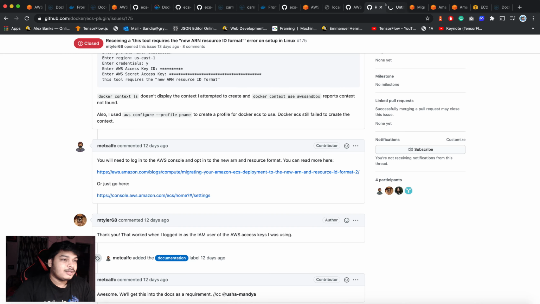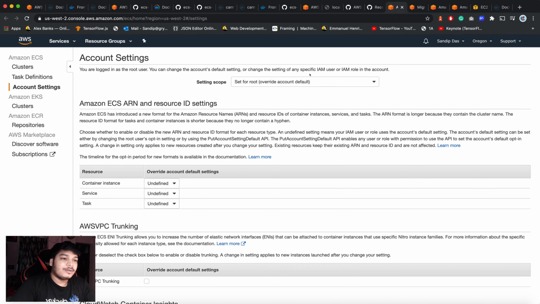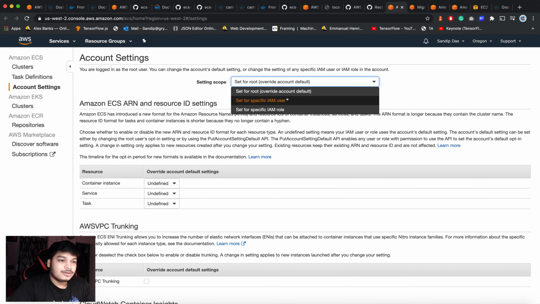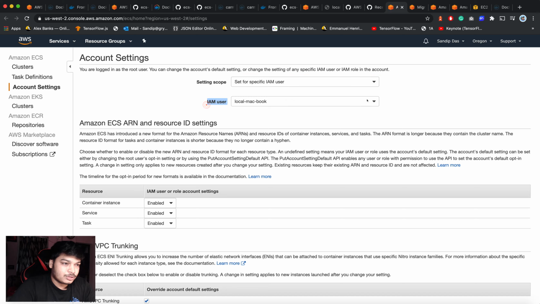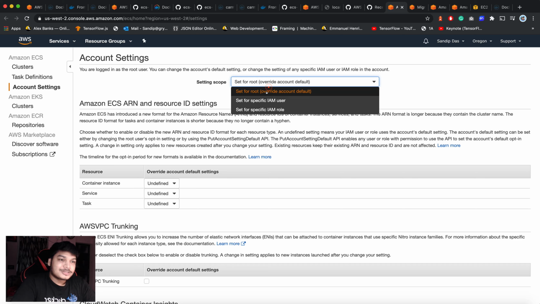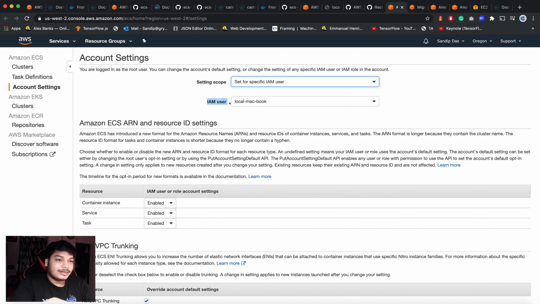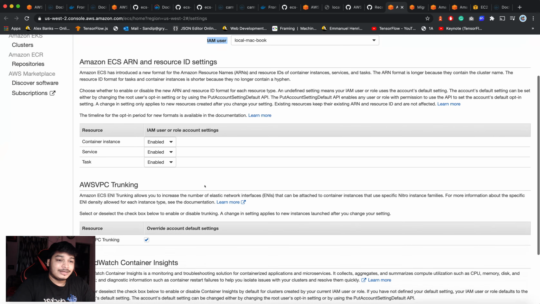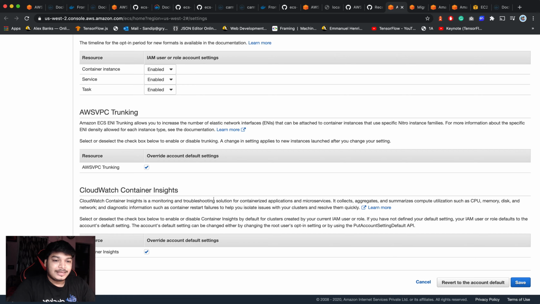Suppose you click on that and go here. So if you come here, for my local machine, this is the IAM user I'm using, which profile I have created also. If you want to apply it account-wide, you can do root, but I will not suggest that, because something may crash, some kind of issue you might face long term, which I will definitely not suggest. Instead, for the user you have created to use with your local machine, or the profile, you select that one and enable it for all the resources. Okay, and that will do the work. That's what I did. Just enable and save it.